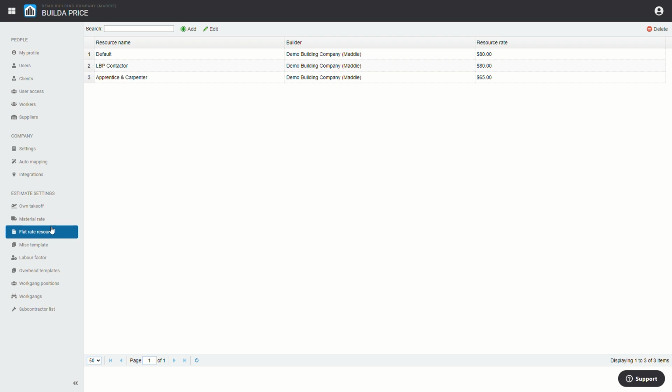sections within your estimates. The default rate is the hourly charge-out rate that is automatically applied across all work sections upon importing the job file. You must have a default rate set, though this can be supplemented by adding as many additional charge-out rates as